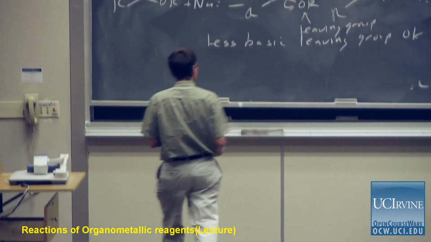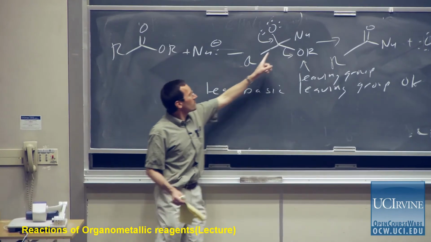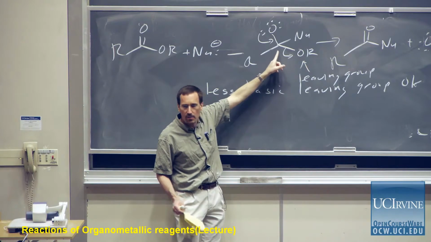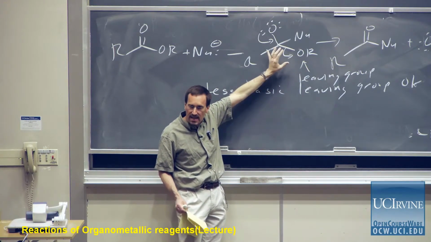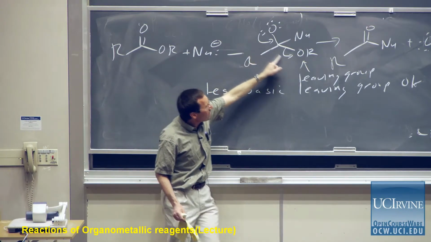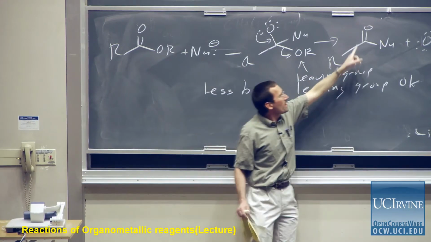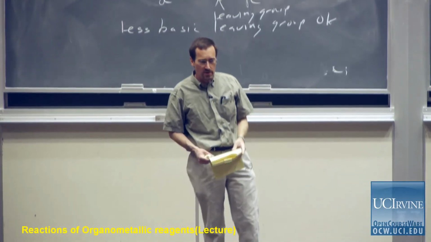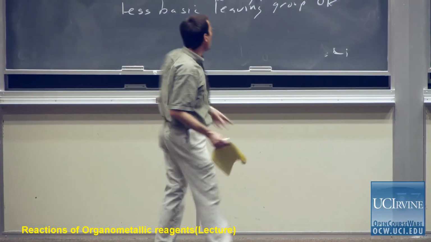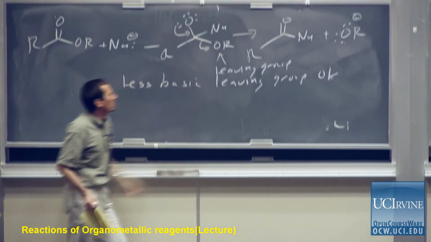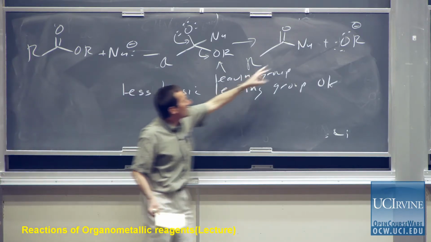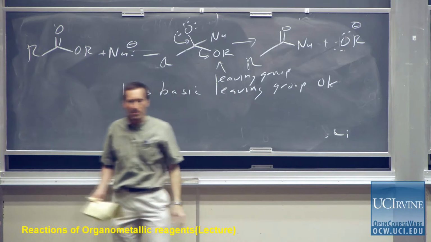base. So in this case, it's a little different because there's nothing bad about the tetrahedral intermediate. We haven't had to crowd anyone in here. It's easy to get to this point. But now it can happily kick out the OR group, and what it gets in return is a carbon-oxygen pi bond, which is very strong. And so there's no problem in getting your tetrahedral intermediate together. It's not pentavalent. There's nothing bad about it. But it's very good to go downhill and to break down and kick out the leaving group and get back